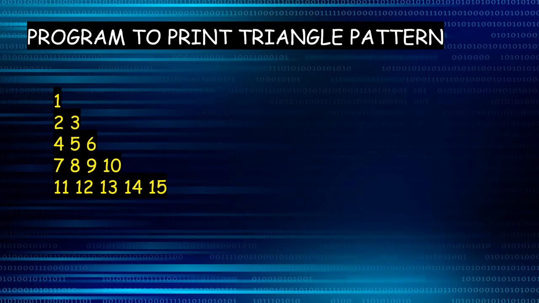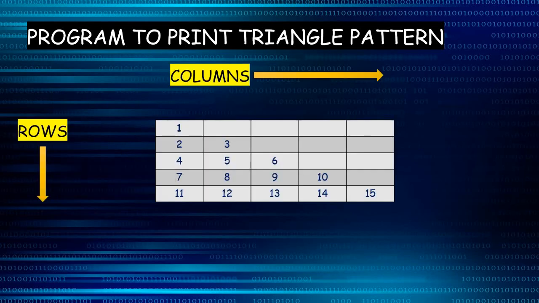Whenever you approach any pattern, try to make it into a table. We have to check how many rows and columns are there and name each row and column. So we have 5 rows as well as 5 columns, right? The first thing we get to know for this pattern is that it has an equal number of rows and columns. Next we have to write the logic for this program.